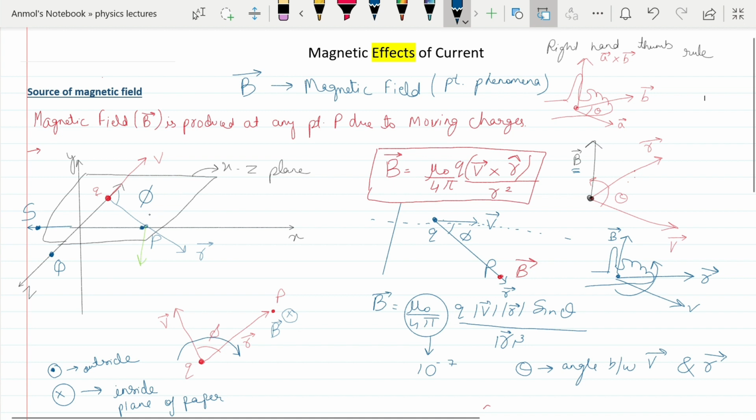So let's take this one example to show what the magnetic field will be in this case. This axis is shown, do not get confused by the axes. This is x, y and z as I told you. Charge q is moving here. I am asking you to get me the magnetic field at point P. Right now I am not interested in magnitude, I am only interested in the directions.